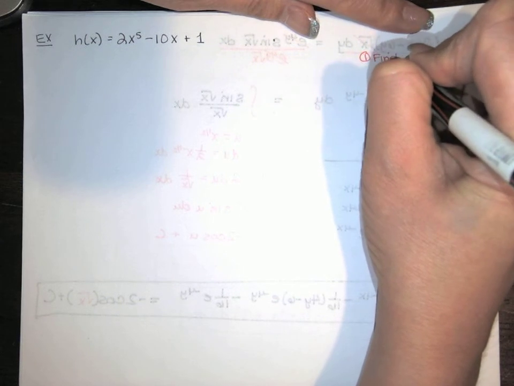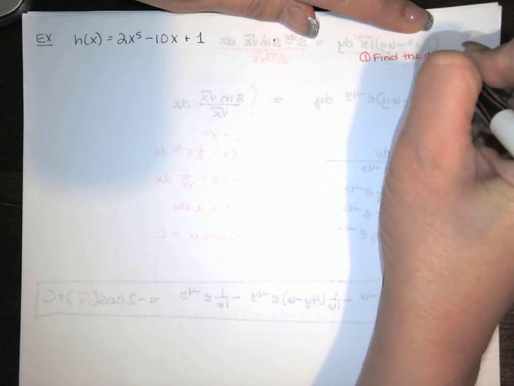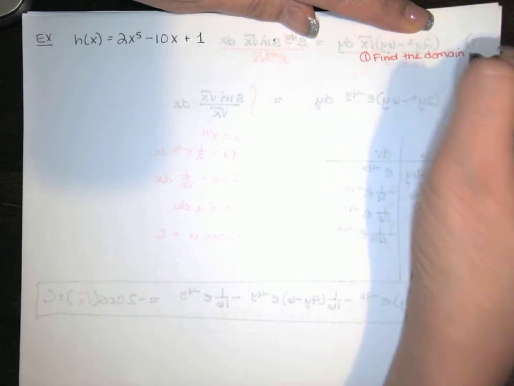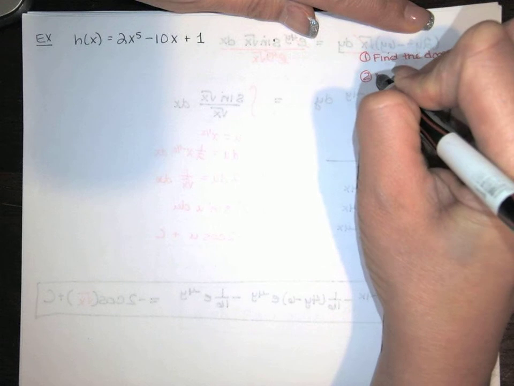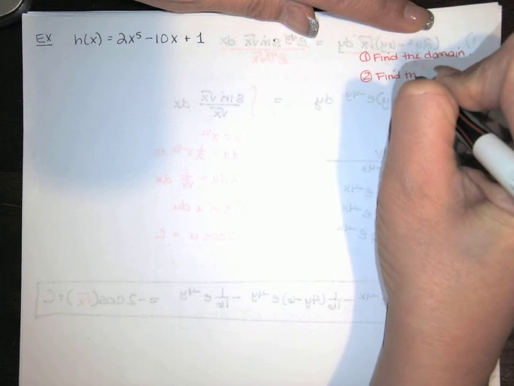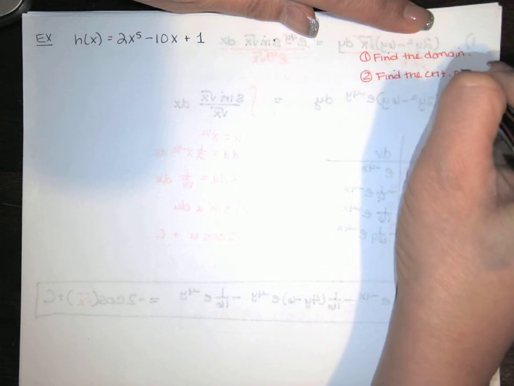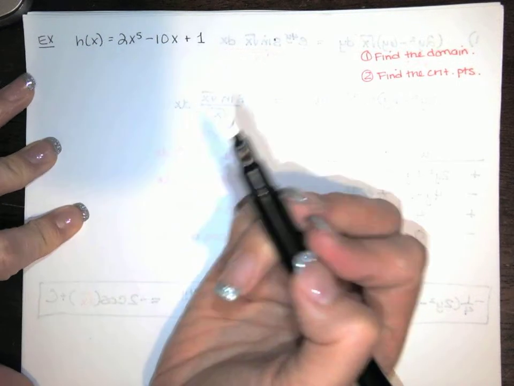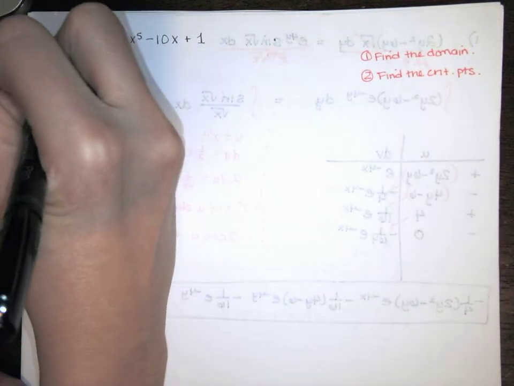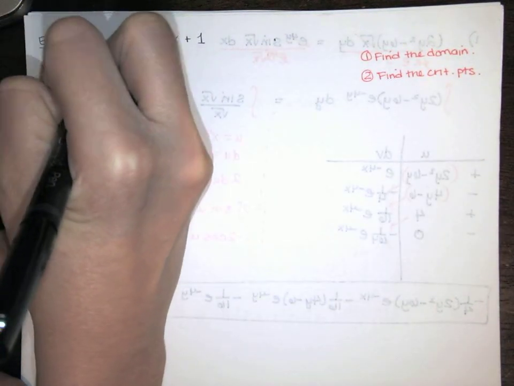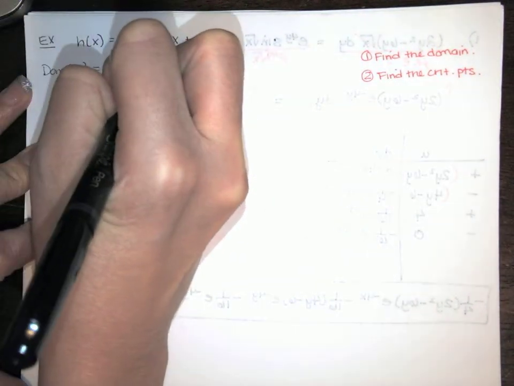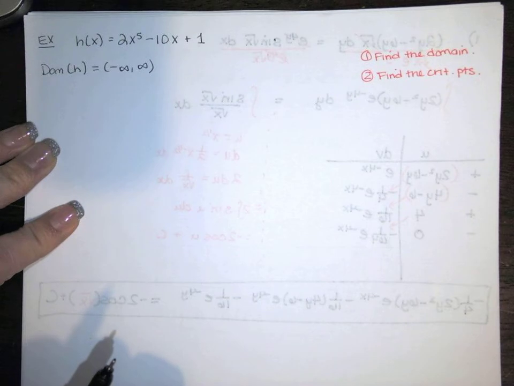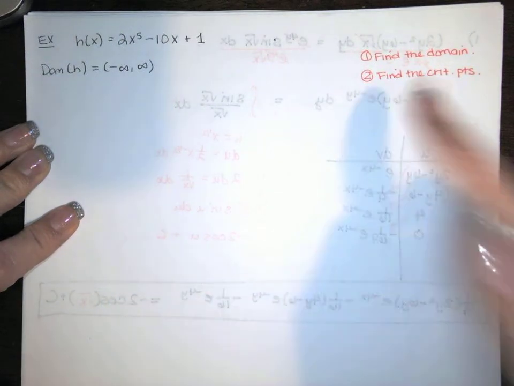And then after you've found the domain, then you need to find the critical points of the function. Okay, so we've got a polynomial function. So the domain is all real numbers. This is well defined all the time. Doesn't matter what x is, I can plug it in, I'll get a y value out. Now to find the critical points,